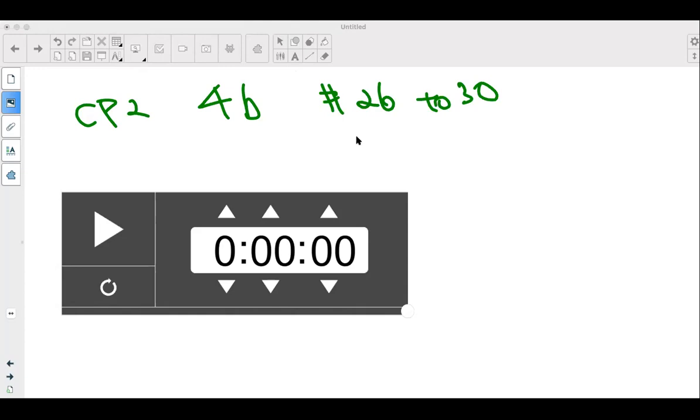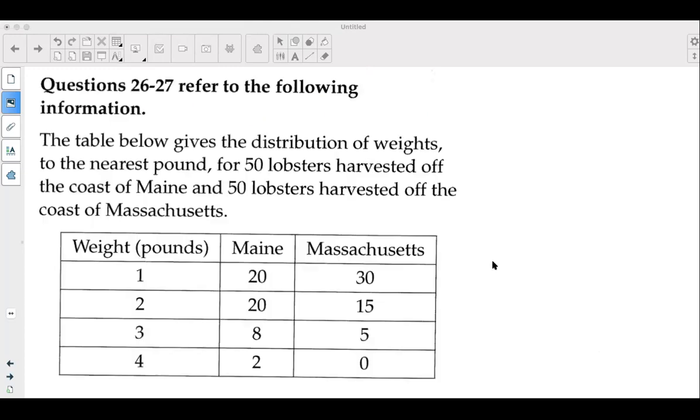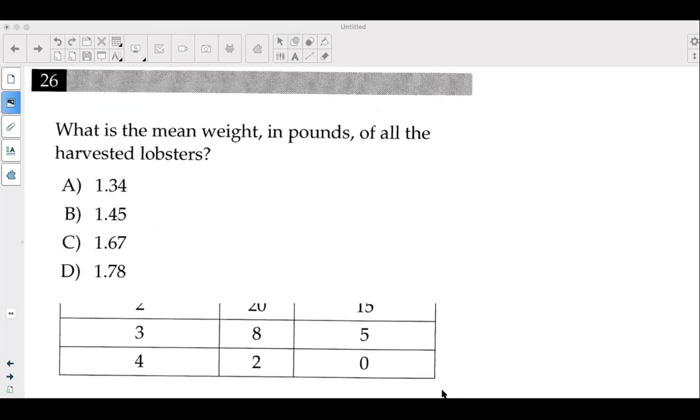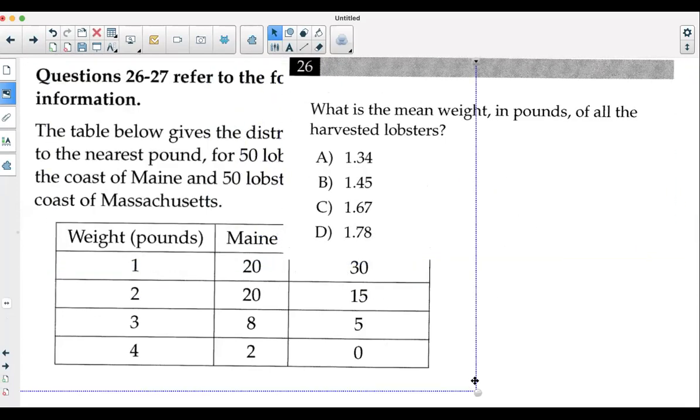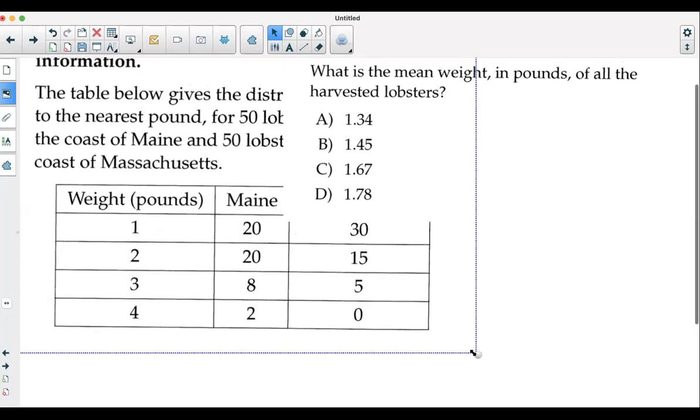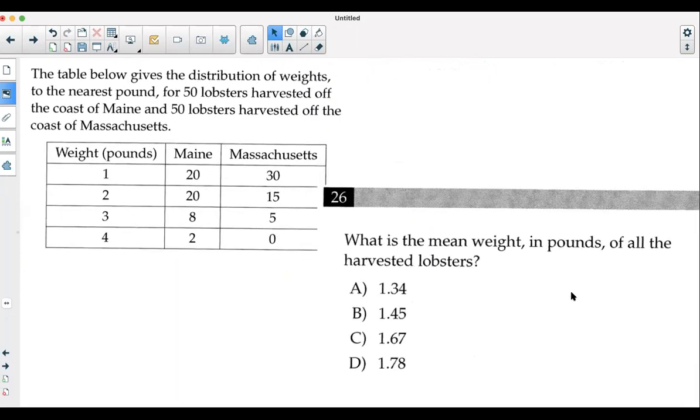Okay, starting from number 26 here. It's based on this one. So in this question,